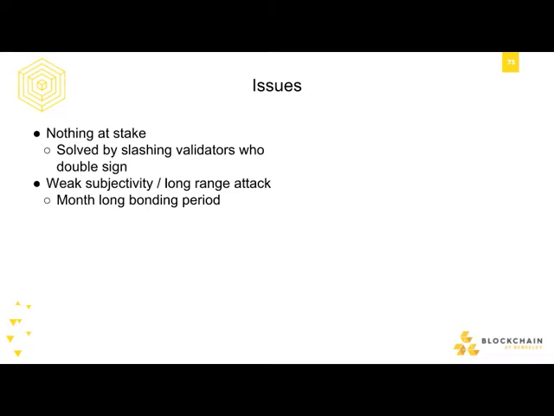It's still a problem that if you haven't connected in 6 months, then the validators from 6 months ago, there's nothing to say that they are still the validators. They could have unbonded their tokens, sold them, and then sold their private keys to someone, and then that person could just change the history, and it's no cost to them because private keys with no tokens are not worth much. So that is a problem, and that's a problem with basically everything that has this weak subjectivity property.